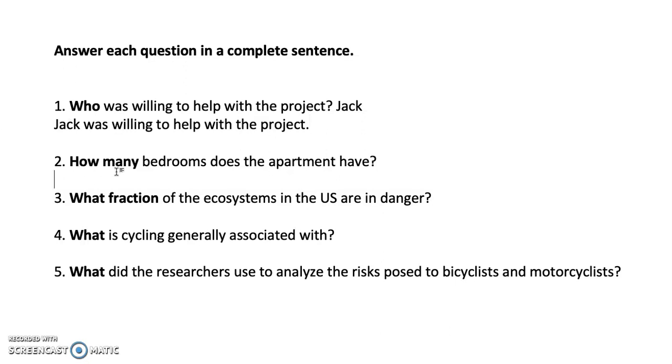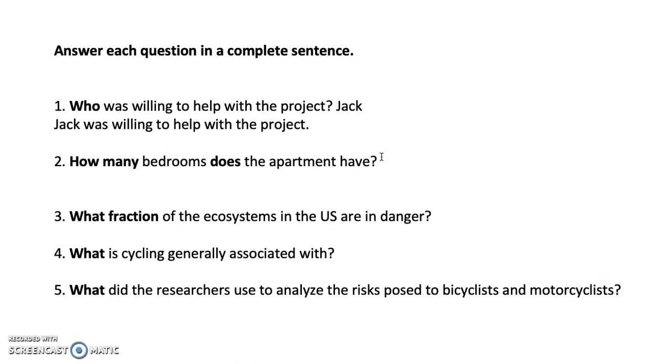It says, how many bedrooms does the apartment have? Now, this does here we use for questions, and we aren't necessarily going to need to use it in our answer. We're talking about the apartment, and we're going to say how many bedrooms it has. So we can say it like this. We can use the subject, the apartment,